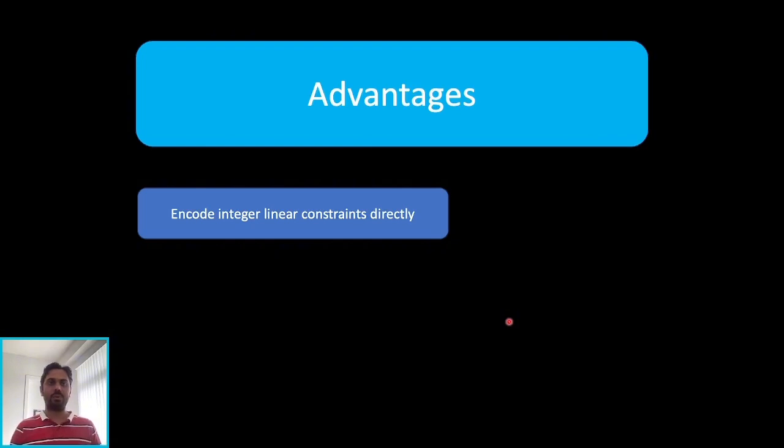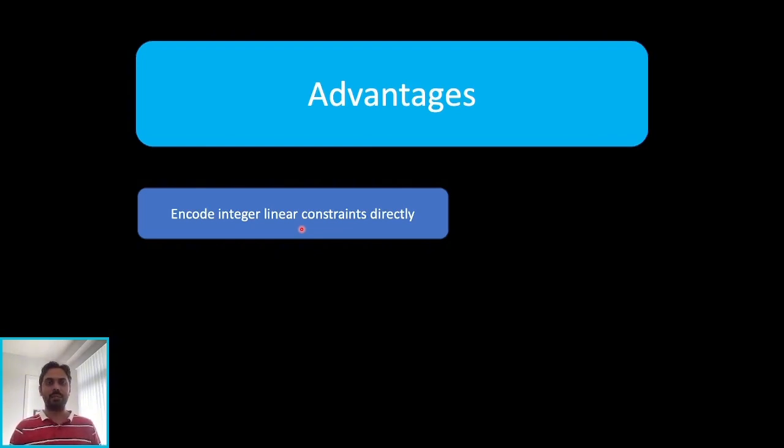So if you want to encode those integer linear constraints, then this kind of abstraction helps, right? One way is that we can use integer variables and any of these three techniques, either generalized totalizer or sequential weight counter or binary decision diagrams. We can just use those integer variables directly, and it simply generalizes to the integer linear constraints as well, right? But if you are looking at those methods in their raw format, for example generalized totalizer,